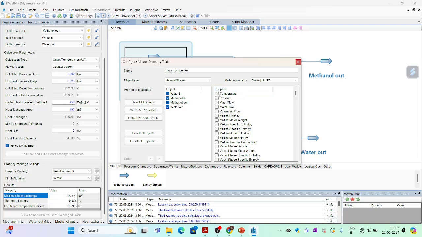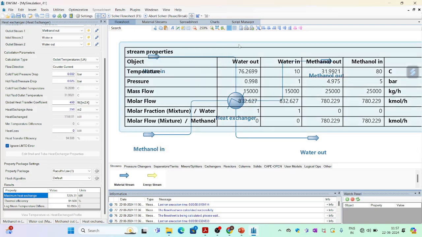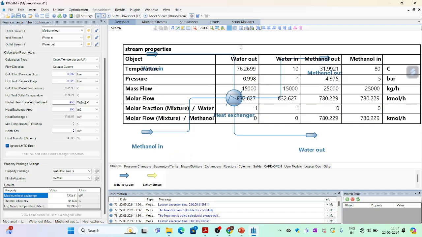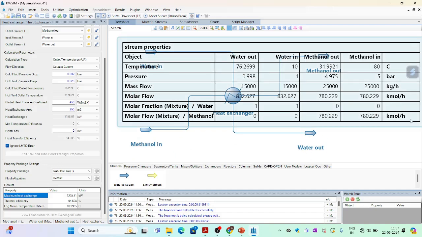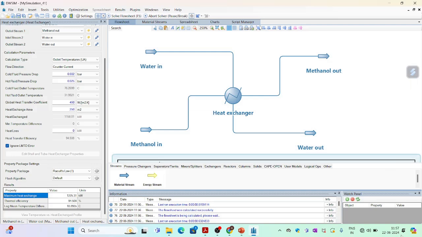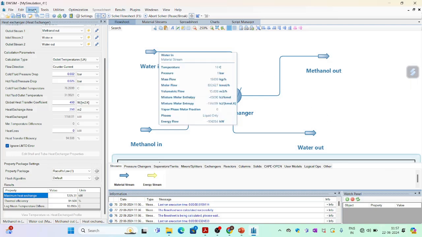Then on the right side go to the properties which you want to see on the screen. There is temperature, pressure, mass flow, molar flow, and also molar fraction of water in the mixture, and I will also consider molar fraction of methanol in the mixture, and close this box. You will see this property table appearing here. So just drag and drop it down so that I can make space for another table which is heat exchanger